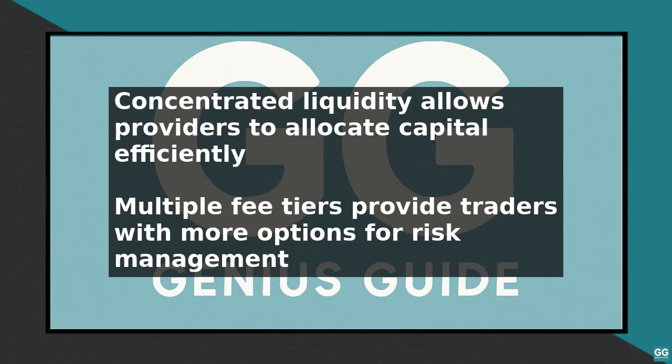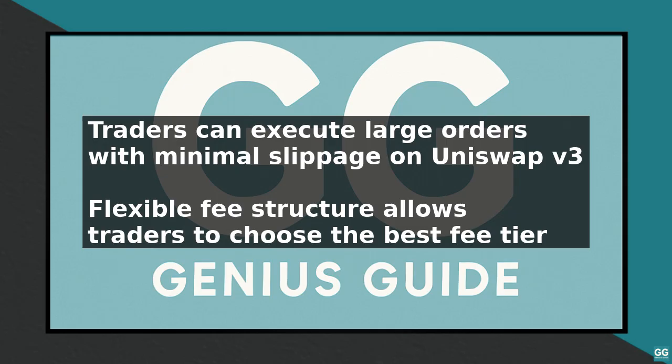control over trading costs. For liquidity providers, Uniswap V3 offers a range of benefits, including the ability to allocate capital more efficiently and earn higher yields. By concentrating liquidity around specific price ranges, liquidity providers can increase their potential earnings and reduce their exposure to unnecessary